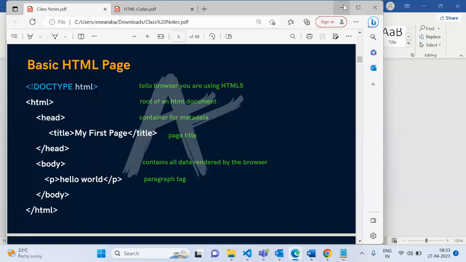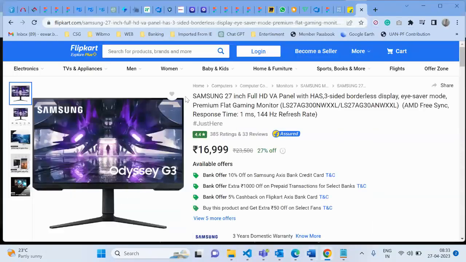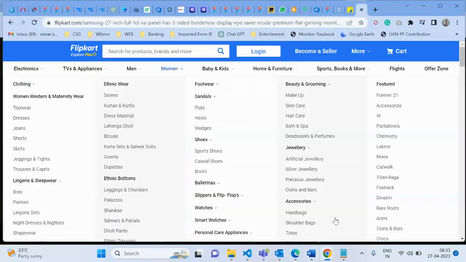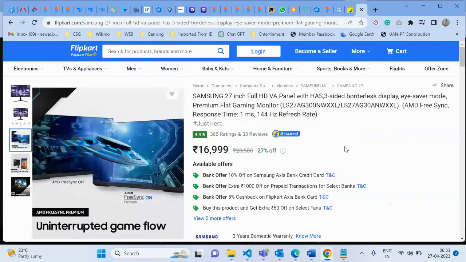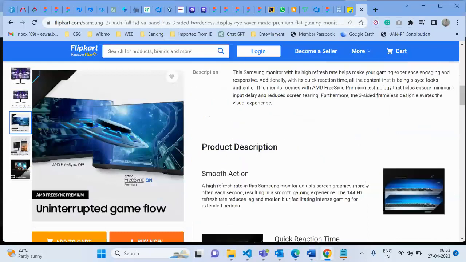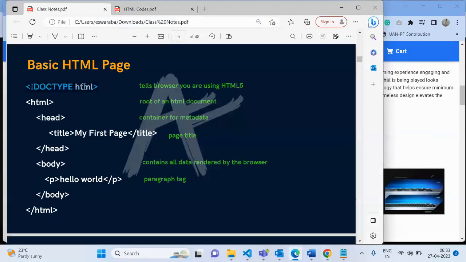The document will consist of the title, paragraph, heading, and everything. The same way, the web page we're using is also a document, where it consists of images, heading, subheading, paragraph, everything. So we use doctype for HTML.